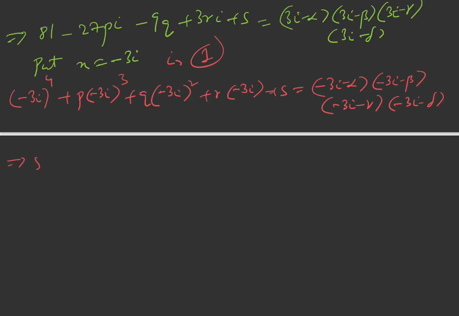So if you just simplify this, this is 81 and this would be plus 27 p iota and this would be minus 9q minus 3r iota plus s